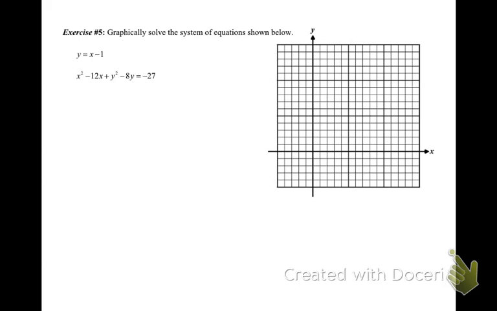Looking at both equations, the first one you should notice is a line. The second one is a circle. And they're happy lines and happy circles. Okay, so what we've got to do is graph our line. That one's pretty easy. That's already written in slope-intercept form. So the slope is the number in front of the x, so it's 1 over 1. And the y-intercept is the number term, so it's going to be negative 1. So I'm going to start at negative 1 on my graph, plot that point,